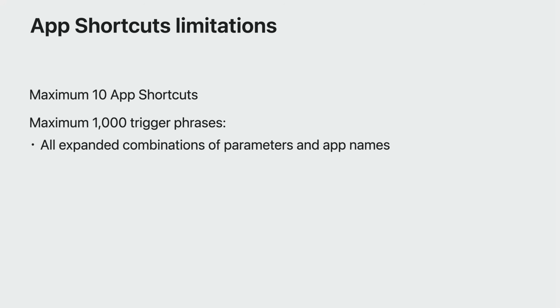Testing with App Shortcuts Preview will also help ensure you don't define redundant phrases that might be covered by flexible matching already. All trigger phrases must contain your app name or an app name synonym. For a guide on how to define additional app name synonyms, refer to the link associated with this video.